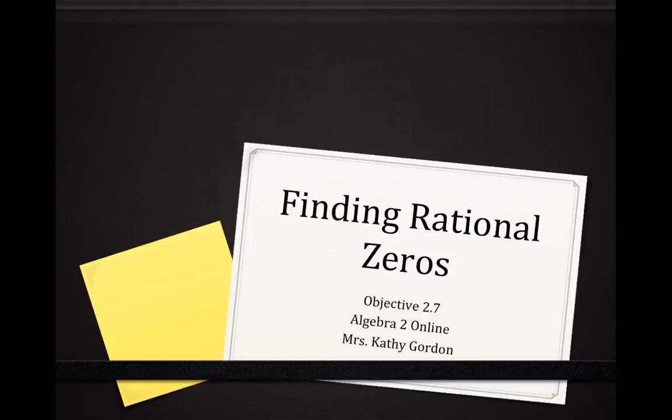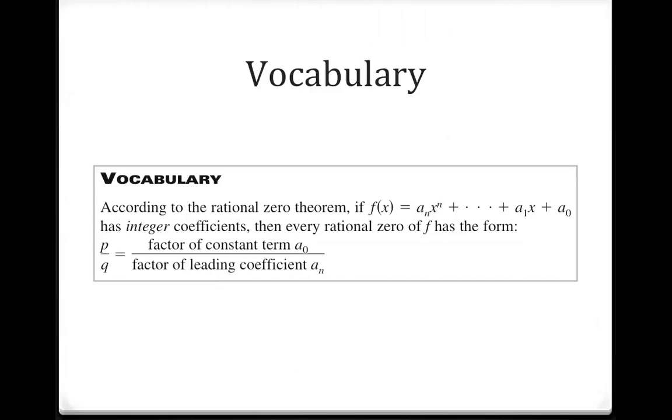Objective 2.7, finding rational zeros. So starting with a little bit of vocabulary, it says that according to the rational zero theorem, if f of x equals a sub n x to the nth plus, so basically f of x is a polynomial, has integer coefficients, so that's important, it only works if we have integer coefficients,